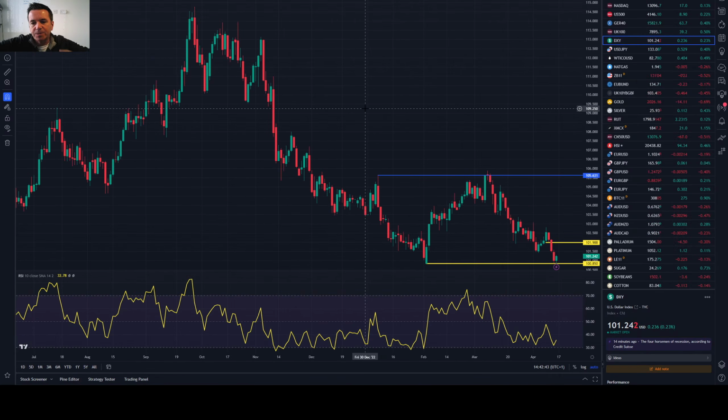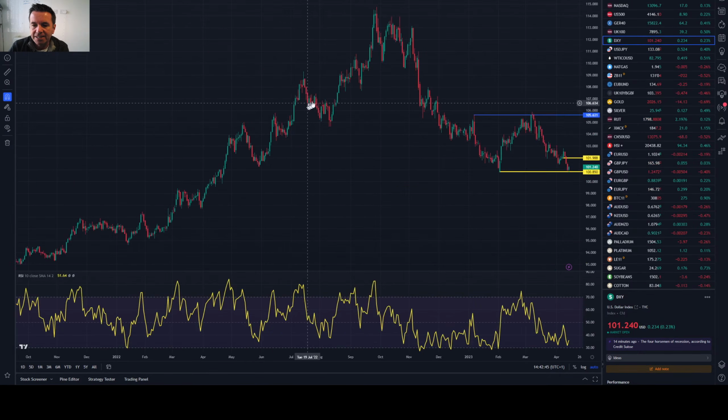And clearly what happens with the US dollar is going to dictate what happens with gold. I think if we break below those lows, let's say we break below today's low next week, we start to see the next leg lower for the US dollar. Perhaps initially only down as far as 99, but another couple of 100 points lower for the dollar. Let's see what happens next week, but really interesting market.